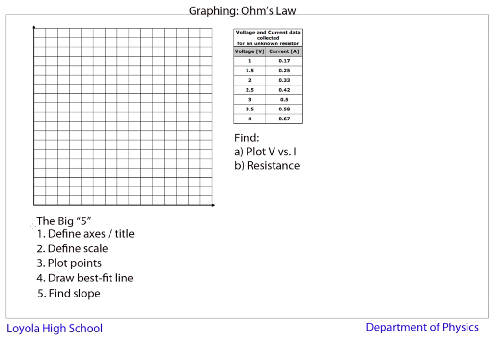I'm going to follow 5 basic steps on how to create a graph, which are very common steps, and we're going to end up calculating a slope of a line in this graph, in this lab. So first thing, we're going to define our axes and title. What I'm asked here to do is to plot voltage versus current, V versus I, and the order is very important. The first variable is the variable that's plotted along the vertical axis. So this is going to be volts,